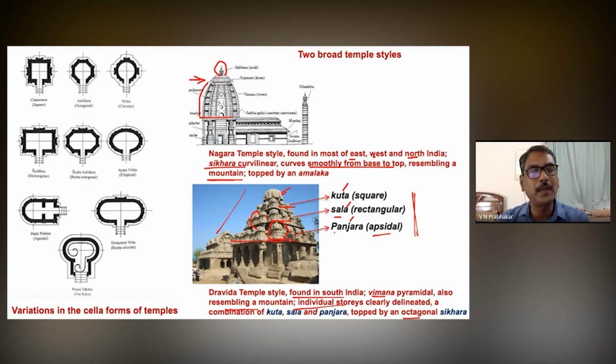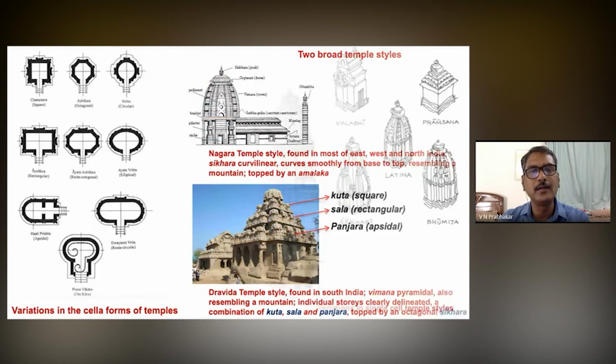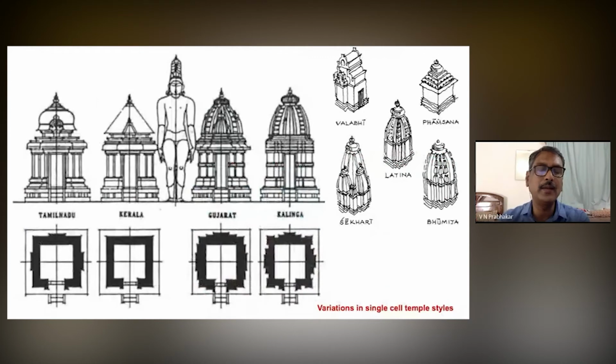But looking into the plan also, we see there are variations. I mean, always they have been experimenting. It's not always a plain square shrine. We have octagonal, circular, rectangular, faceted rectangular. So the various kinds of plans they have adopted depending upon the requirement, depending upon the type of religious belief systems. And that's why we see variations also depending upon the climatic conditions. For example, in Kerala, even though they follow most of the Dravidian features, Dravidian style of architecture, they have a sloping roof because of the rainfall conditions there. So they have to devise a different type of superstructure.